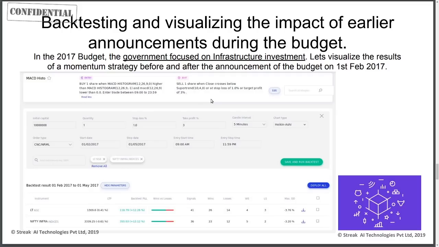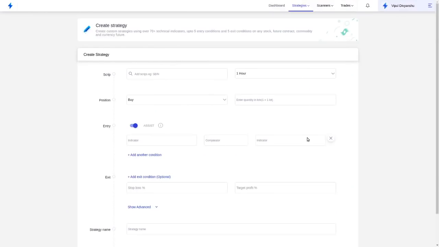But I'll just create a simple MACD based strategy here. This is a bullish strategy because the government focused on infrastructure investment, trying to help the markets move up, right? To support them. So let me go and create the strategy quickly. I'll be adding